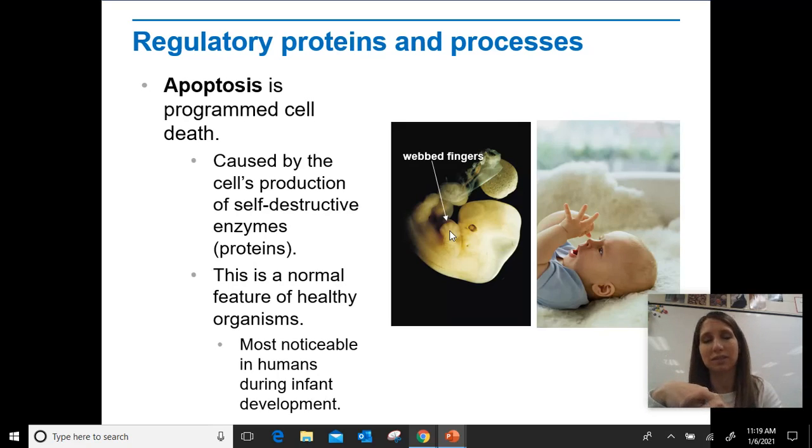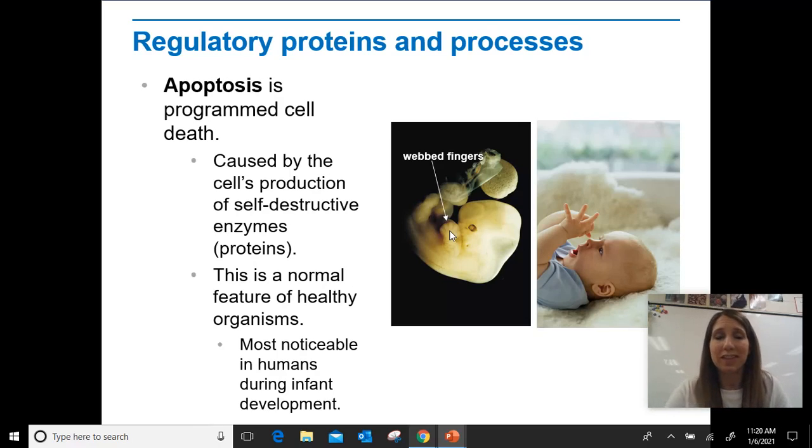And again, it's because it's simply not needed anymore. Okay. We see this with lots of tissues that are forming and then breaking down as part of infant development. And again, it's just a normal process. And really, for adults, it now becomes kind of a protected thing, because if there is something that goes wrong, we can still get rid of and terminate cells that are no longer needed, okay, or that could potentially cause